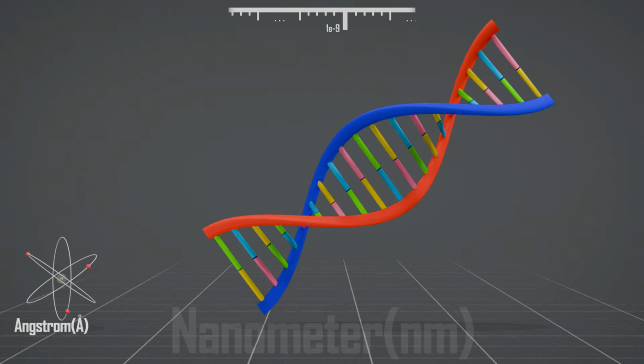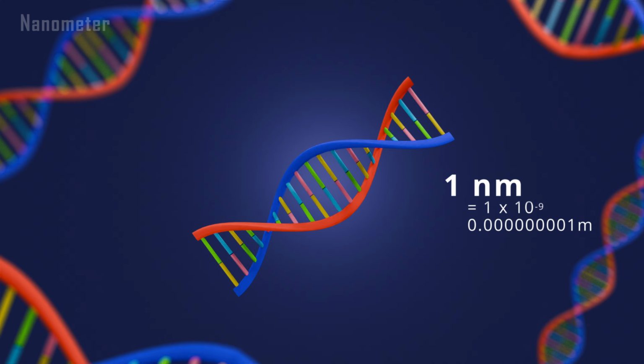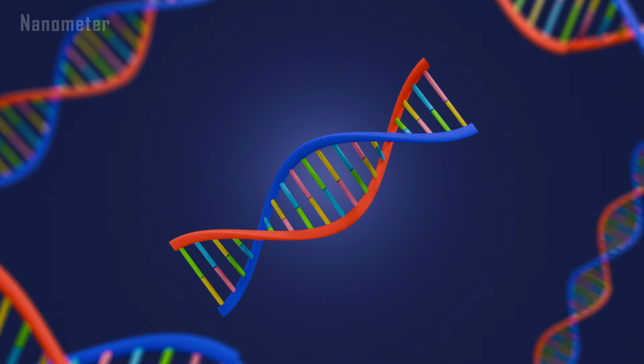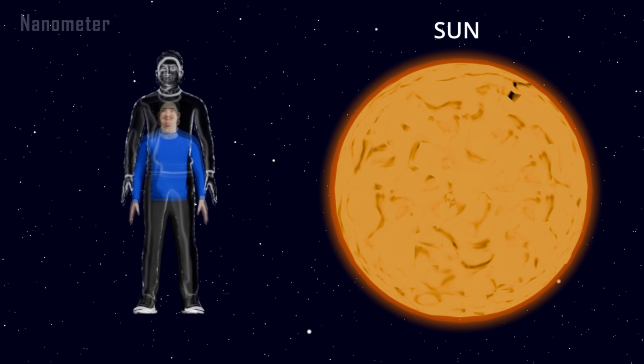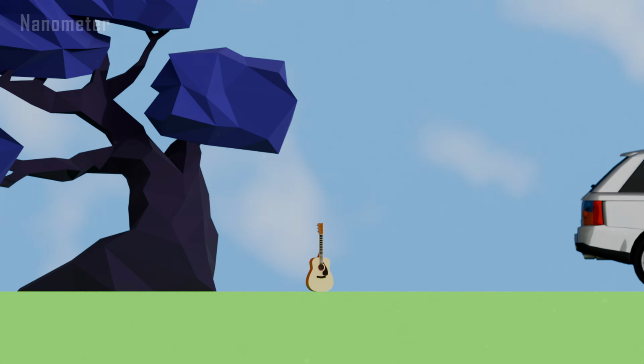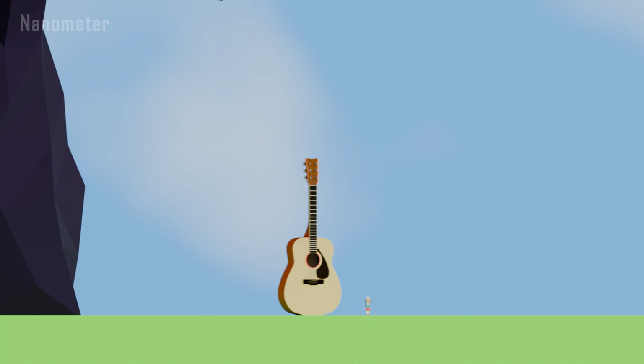Moving on, we have nanometer. It is a billionth of a meter, which is about the radius of a DNA strand. Again, in human to sun scale, 1 nanometer would be about the height of a guitar, or that of a toddler,